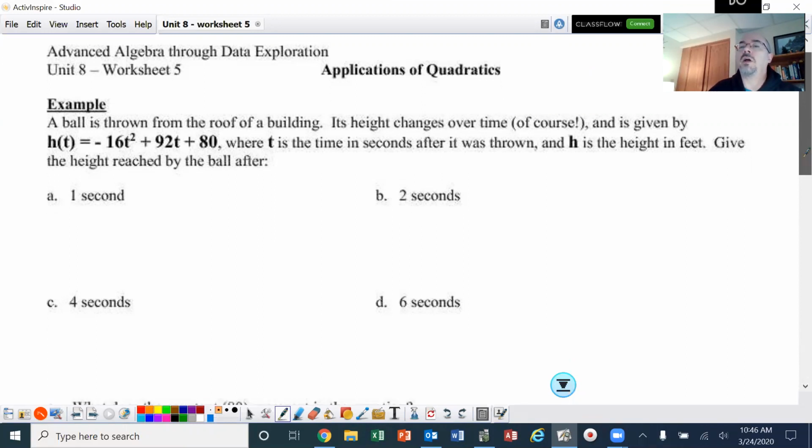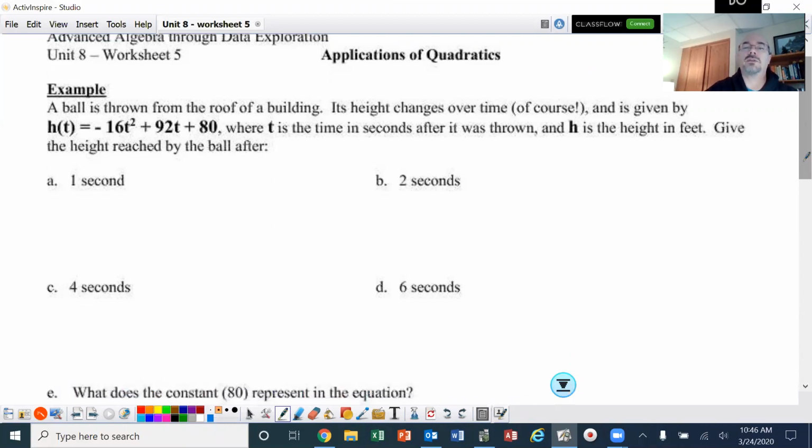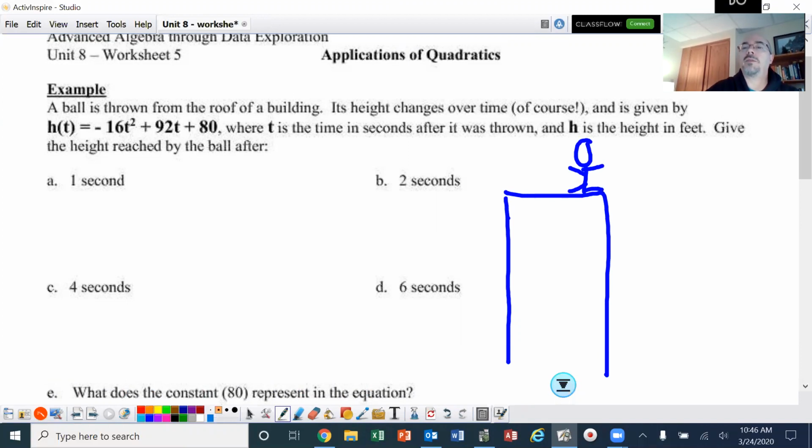All right, well, first of all, let's get a visual of this. Let's imagine a person is standing on a building and they're throwing the ball up into the air, and then it's going to come down again. You'll notice that that forms a beautiful parabola. It goes up and it comes down, and eventually it's going to hit the ground. I'm going to get rid of that because I'm going to need the room, but now you